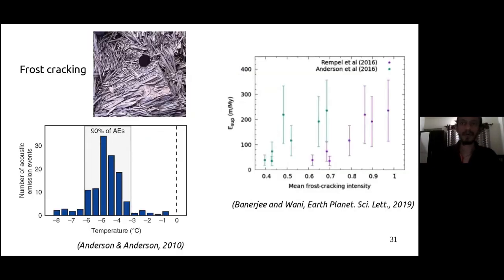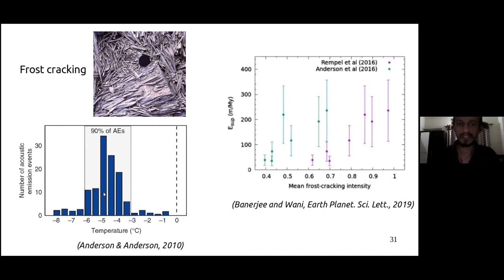And then, why is it happening? We realized that this is related to the process of frost cracking, which is a major mode of weathering in these cold landscapes. So basically it's water freezing inside the cracks within the rock and expanding and breaking it apart. And this frost cracking intensity is strongest